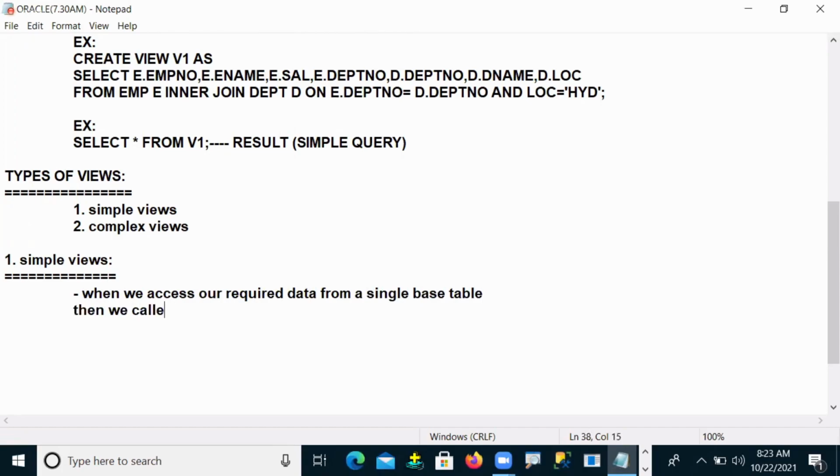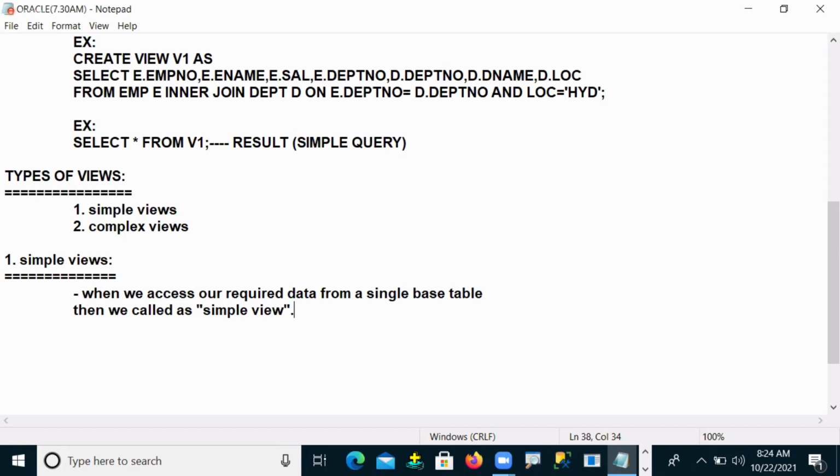That means a simple view accesses data from only one base table. Understand my point? When we access our required data from a single base table, then we call it a simple view. That means with simple views we are performing operations on one table only, not multiple tables.